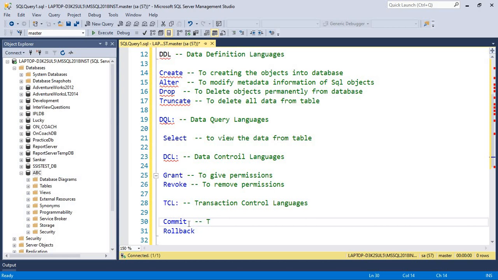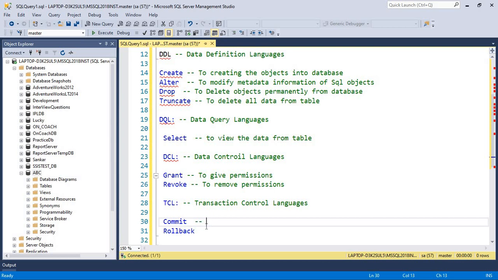Whenever you use the TCL commands, the database understands that this user has used rollback and commit commands, so it needs to restrict the data and not save permanently. If he uses a commit command, it saves that information permanently in the database. Or if he uses rollback, it understands he doesn't want the newly coming information and gets back the old information.